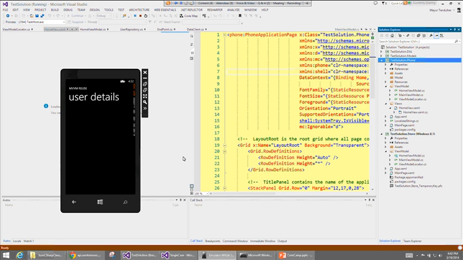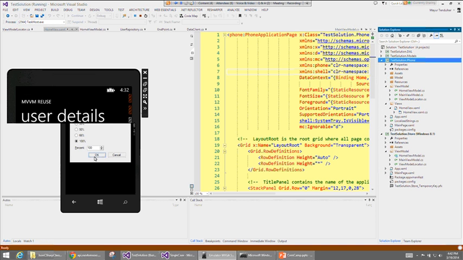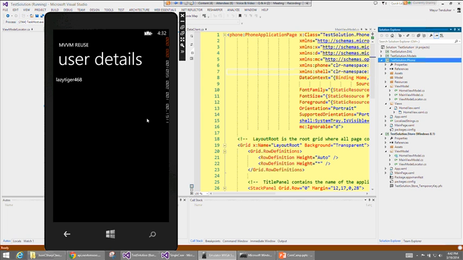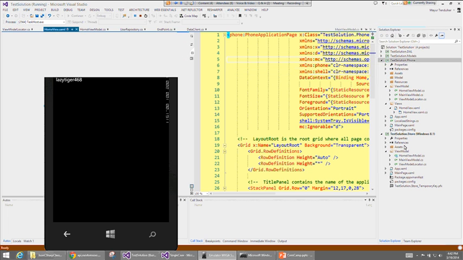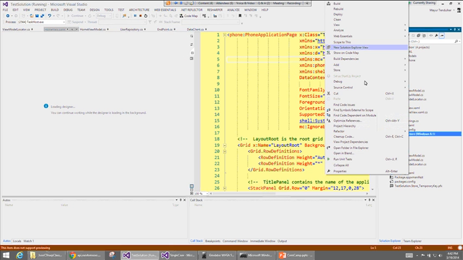It is going to take a while, and I hope it should work. Yes, it is working. Let me quickly increase the, so you will see that, okay. Now I am going to call this service again, so probably the same name you won't be able to see in the Windows 8 application. So let me just open the Windows 8 application and run it inside a